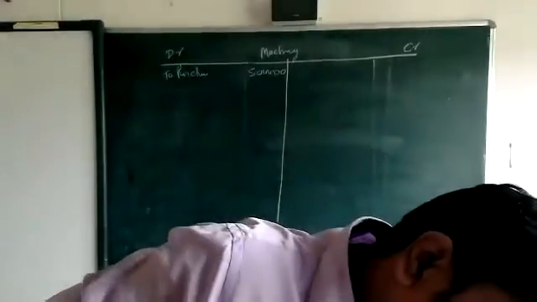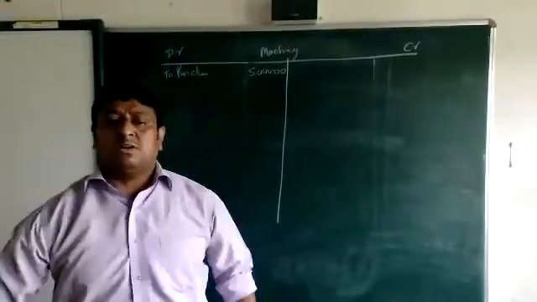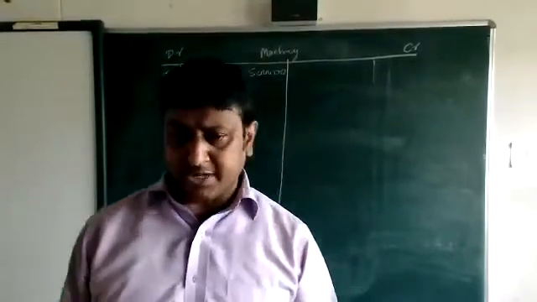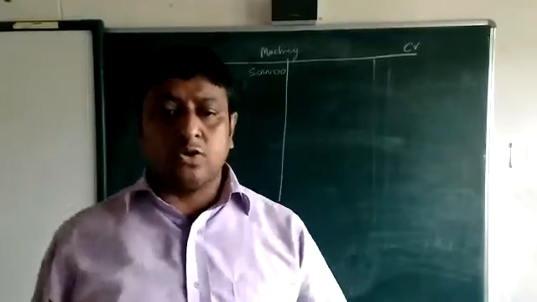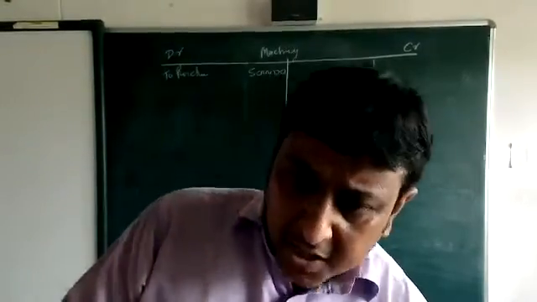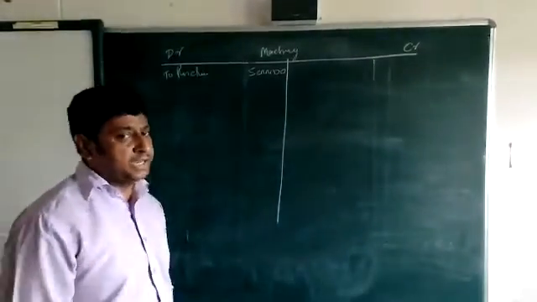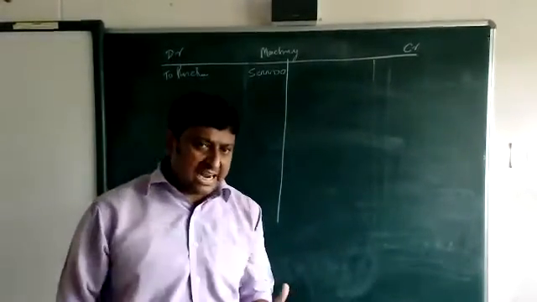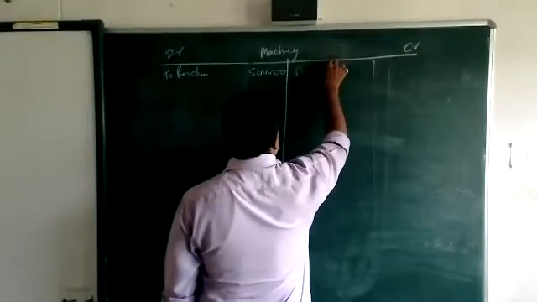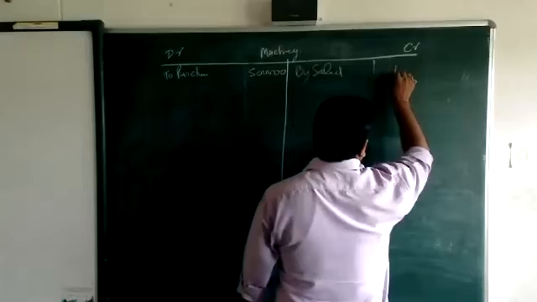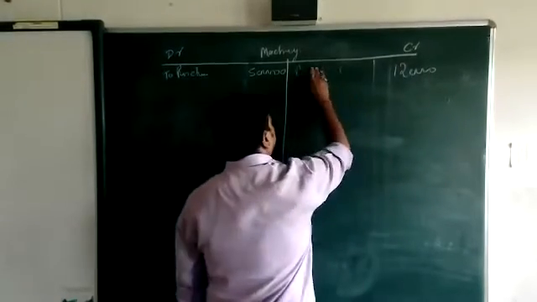Okay, next. Machine sold. You are going to sell your machine. If you are selling your machine, will the machine decrease or increase? Beta, will the machine decrease or increase? Decrease, na? If you are going to sell the machine, then your machine will decrease, and the amount is 1,20,000. When the machine decreases, it goes on the credit side. Then sold amount 1 lakh.